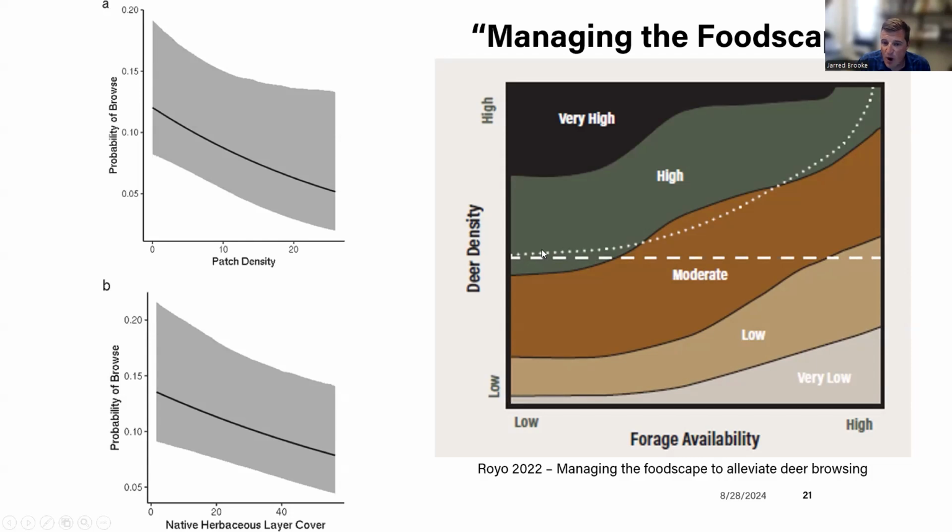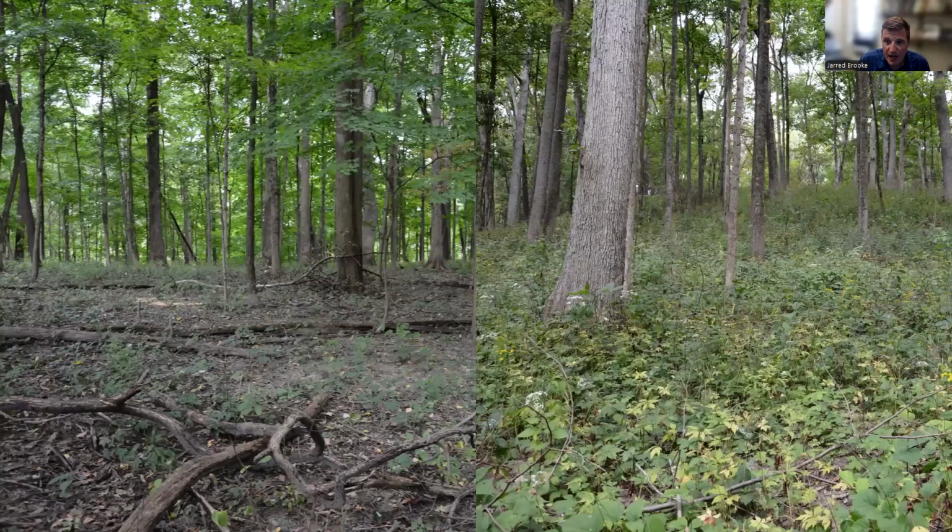It works the same way, but if we have an increasing deer population, it's hard to get away from those high or very high deer impacts. So along with managing the foodscape, you also need to think about how can you manage deer density. So just to kind of drive the point home with some pictures,